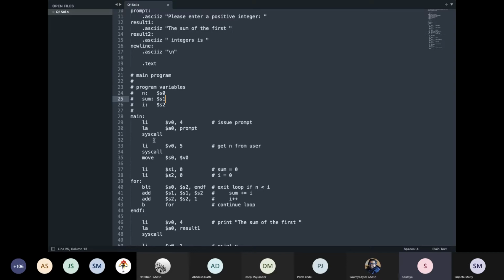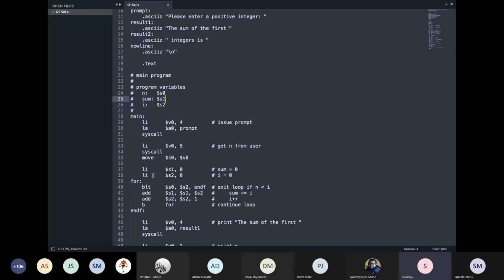And then you are having this system call, and also before this system call, you are supposed to load the register A0 with the start address of the string in the memory. Now you have the start address where? In the label prompt, right? So that's why you have this LA $A0 prompt.